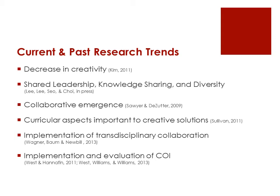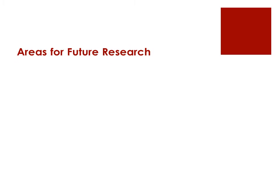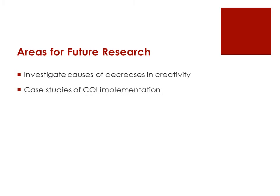And then research trends also showing up for communities of practice, both the implementation and the evaluation. Some of the gaps, of course, because this is such a new area of research, there's lots to look at. First, I think investigating the causes of decreases in creativity, interesting. And then case studies are much needed in communities of innovation implementation,